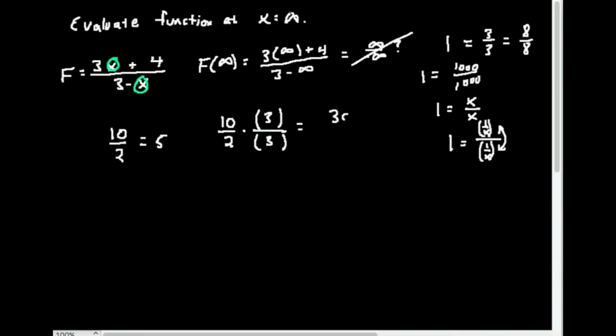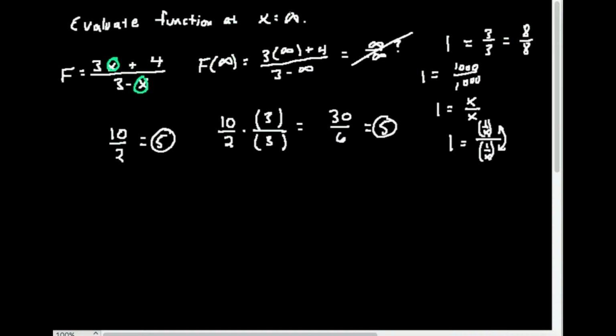That is 30. And what's 2 times 3? That's 6. Now, run this into your calculator, and if you take 30 divided by 6, that's 5. That's also what we got when we just had 10 over 2. But if I multiply 10 over 2 by a fancy 1, 3 over 3, I get the exact same